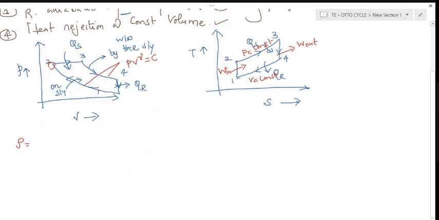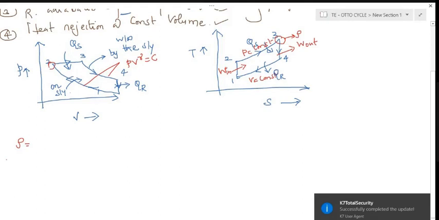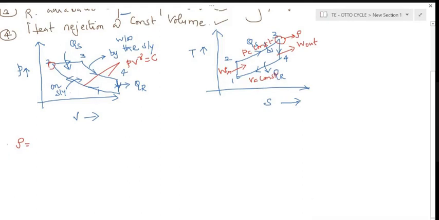Where the maximum temperature occurs, that point we call the cutoff point. During the constant pressure process heat is added to the system, and where the maximum temperature is obtained is called the cutoff point, denoted by the symbol rho. The cutoff ratio is defined as the ratio of